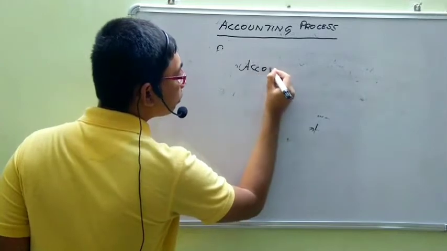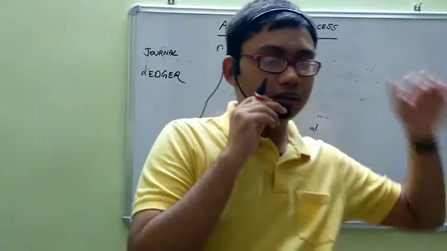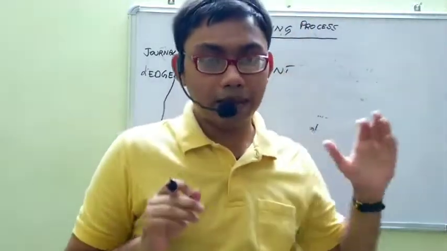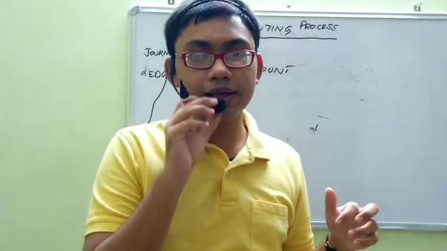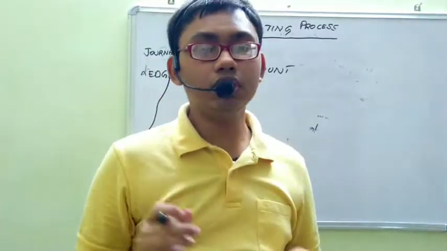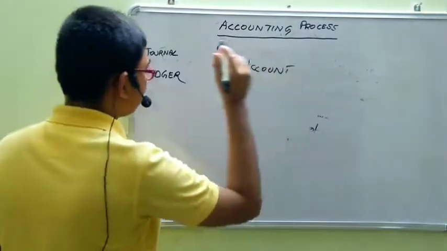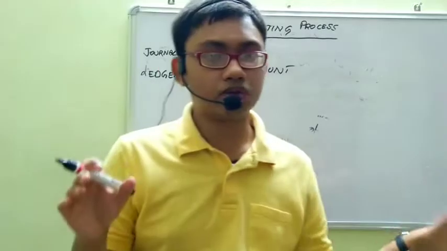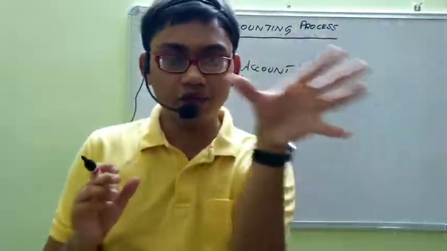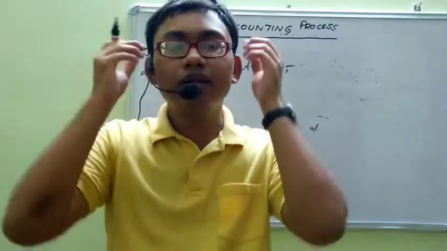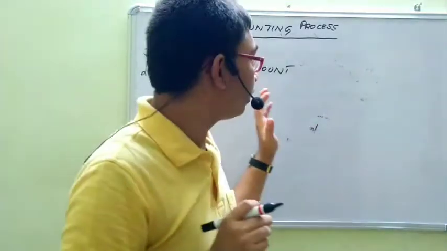Many accounts together form a ledger. There will be a sales account, a purchase account, a bank account. Now when there is a cash sale, this will be recorded both in the sales account as well as in the cash account. This is the ledger. Everything has been grouped, and some balance will arise, meaning the net effect will be computed in the ledger. The process of classification is done in the ledger.